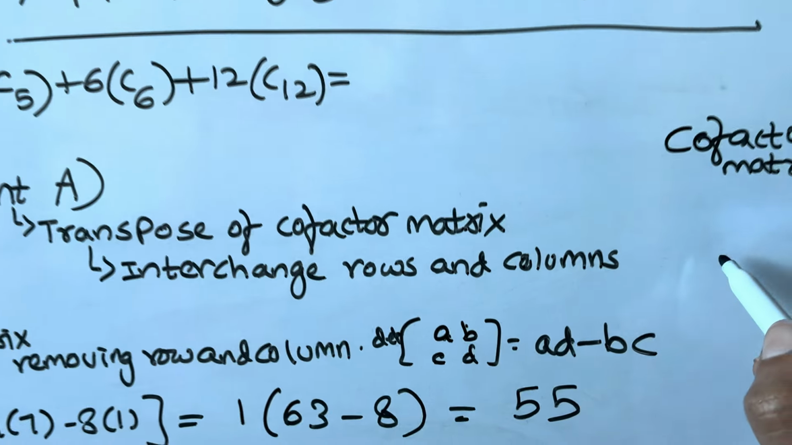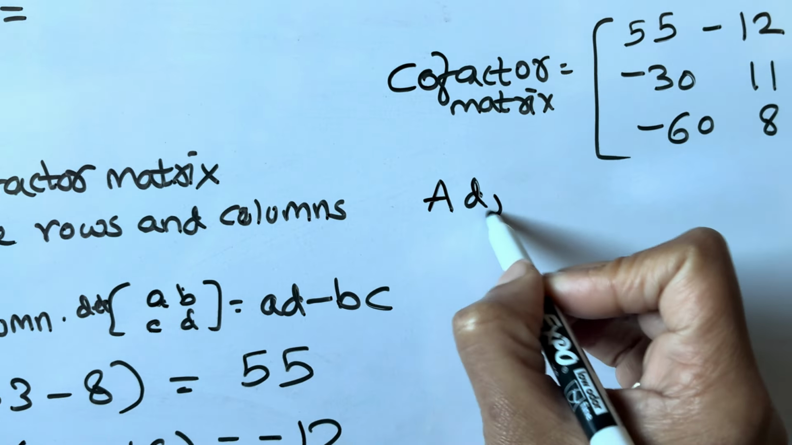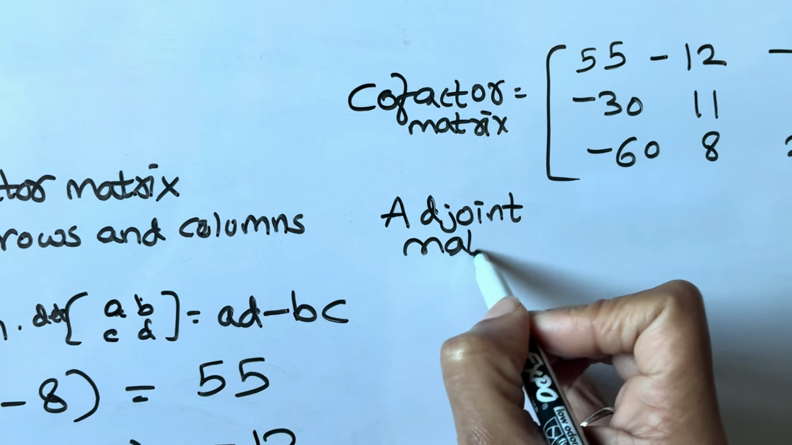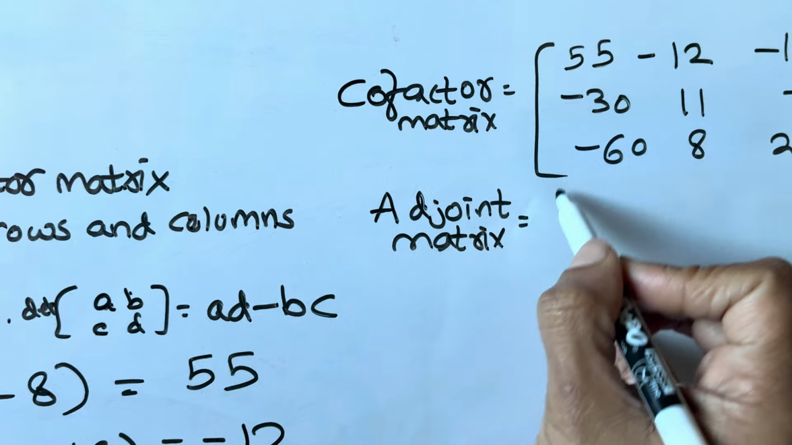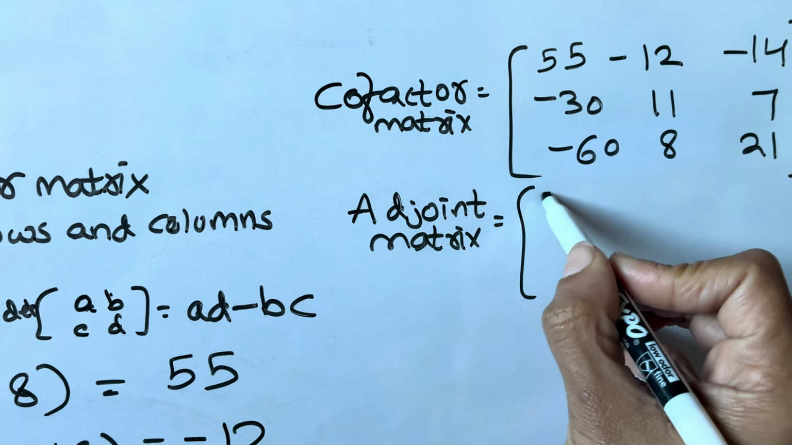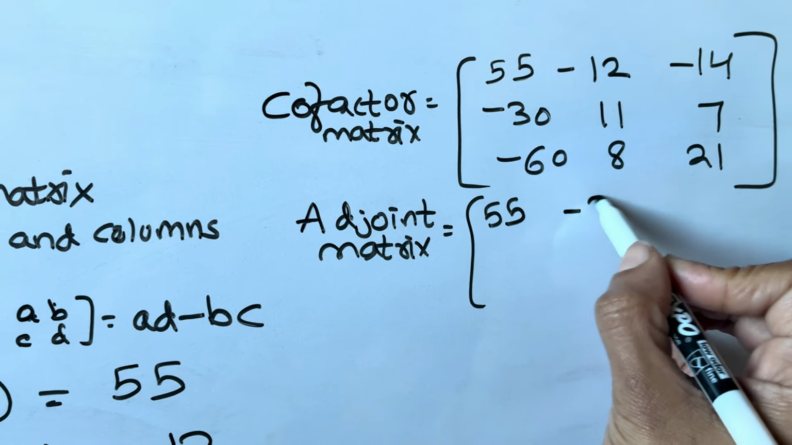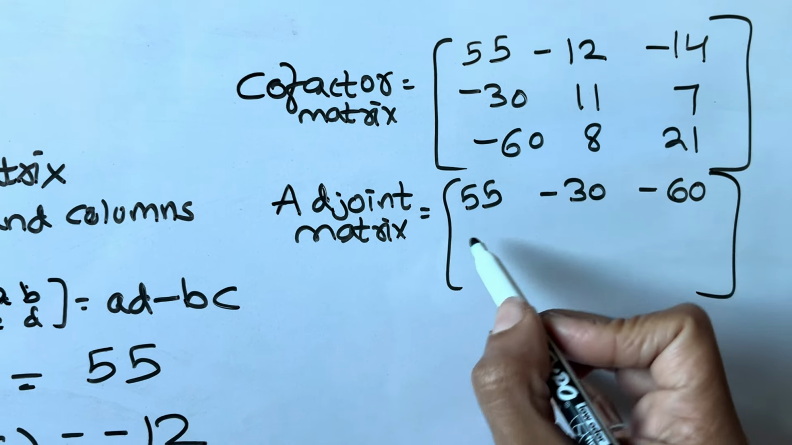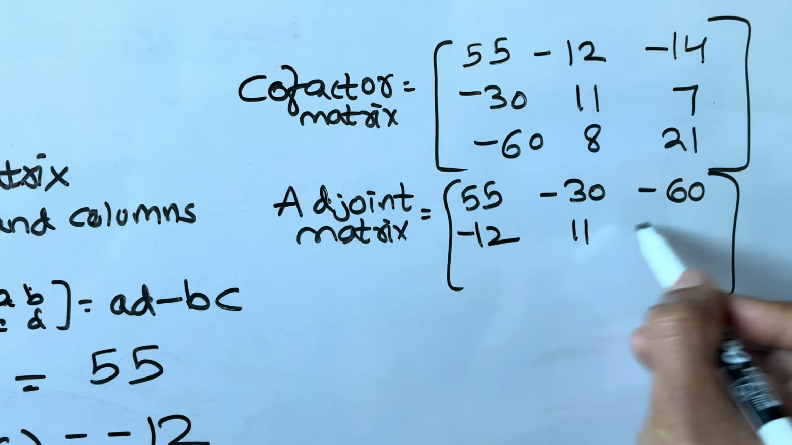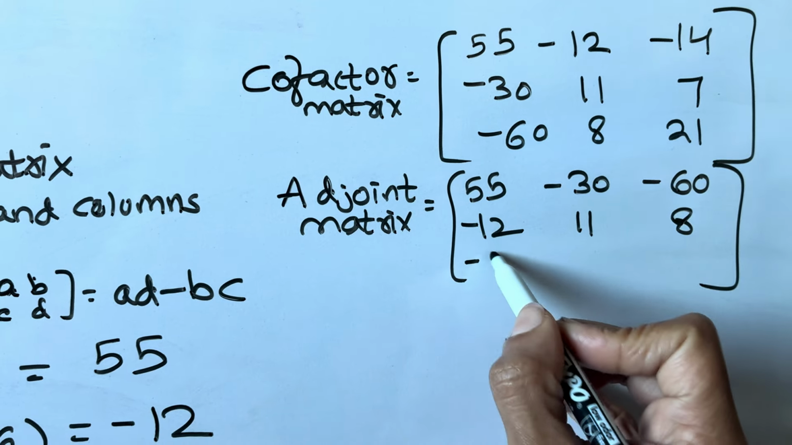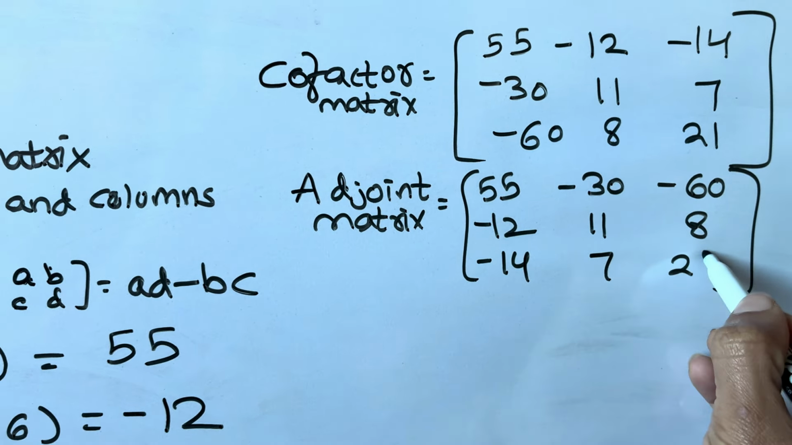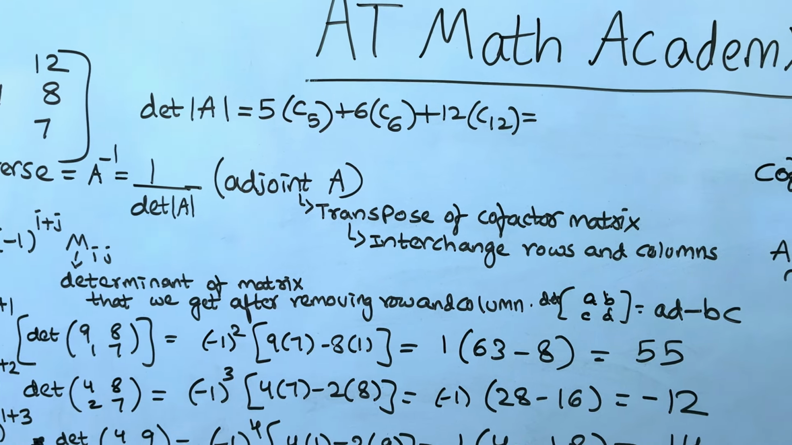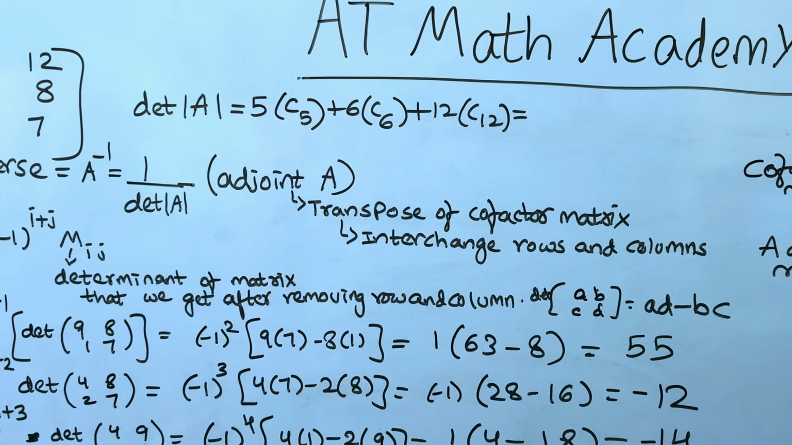of the cofactor matrix. So let me write down the adjoint matrix. The adjoint matrix is found by interchanging the rows and columns. So my first column would become my first row: 55, minus 30, minus 60. My second column would become my second row. My third column would become my third row. Okay, I found my adjoint matrix, and now I'm going to find my